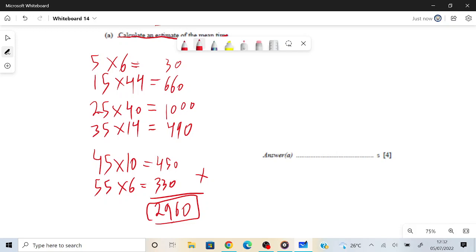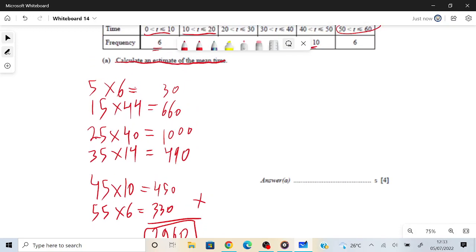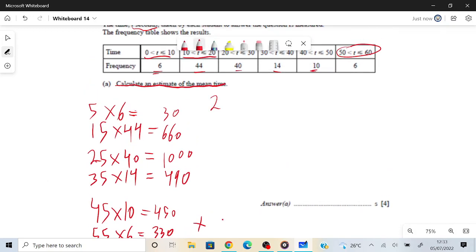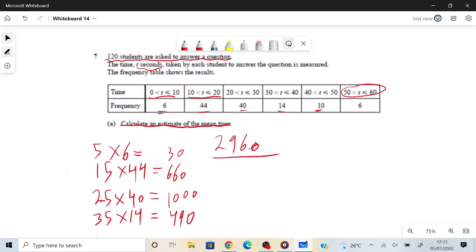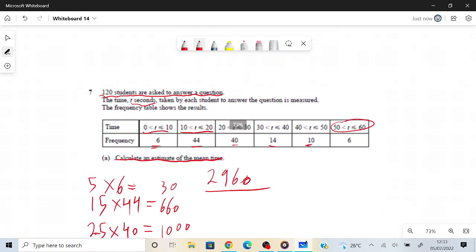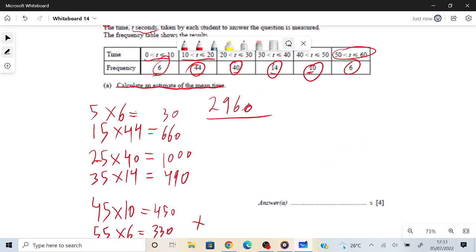You now need to divide this by the frequency, the total frequency. So you do 2960 all over the total frequency, which I think was 120. Yep, 120 students. If it didn't specify, you could have just added all these up: 6 plus 44 plus 40 plus 14 plus 10 plus 6, and that would give you 120 as well. So divide it by 120,